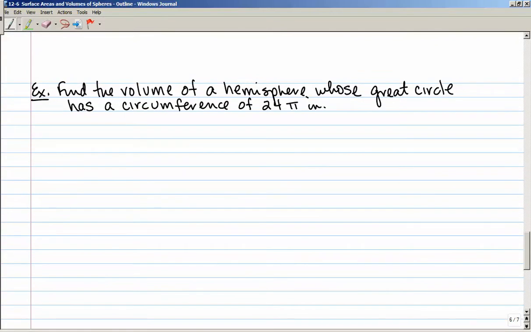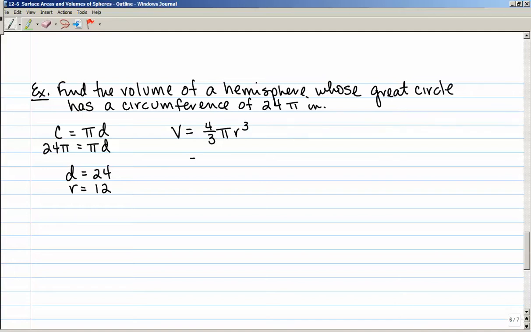Find the volume of a hemisphere whose great circle has a circumference of 24 pi inches. So the circumference is pi times the diameter, and they told us that the circumference of this circle is 24 pi. So canceling out the pi's, the diameter of the great circle is 24, which means the radius of the great circle, or the radius of the sphere, is going to be 12. And we're asked to find the volume. The volume is 4/3 pi r cubed, or 4/3 times pi times 12 cubed, where the volume is approximately equal to,